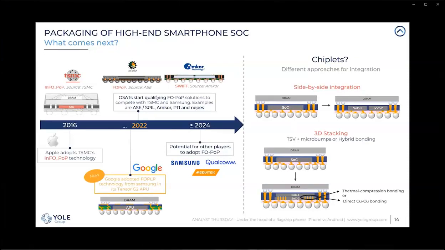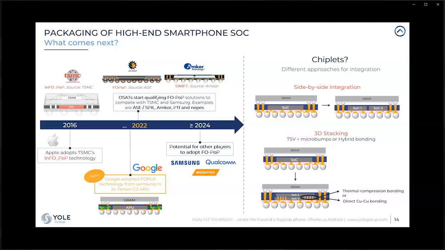And on the other hand, we believe that chiplets will also be a big trend after 2024. So we expect that around 2025, companies like Apple will start to use chiplets in their APU. So they will start to partition the SoC die into two logic dies or to add new functions into the APU package. The integration of these chiplets inside the package can be done in different ways. Of course, from one side, the fan-out RDL already provides fine pitch and high interconnection density between logic dies and to the exterior of the package. But then we can also have side-by-side integration or 3D stacking.